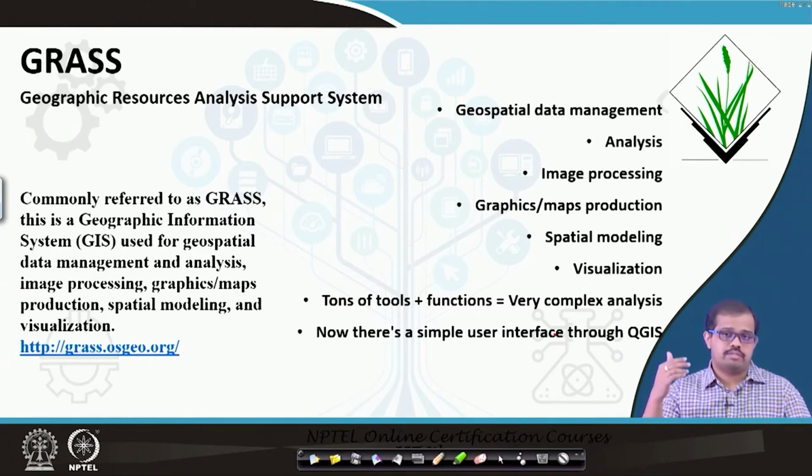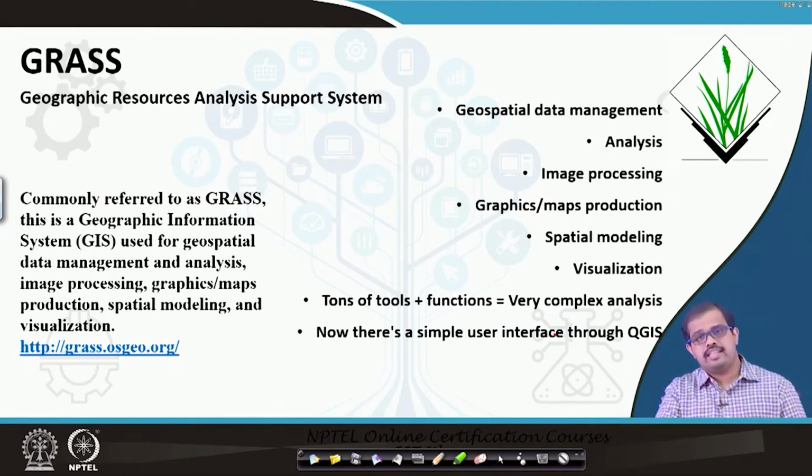with raster processing. Then you have geospatial data management, analysis, image processing, graphical maps, spatial modeling, visualization, any complex analysis, and most importantly a support for Python. So you can use its code and modify it the way you need and present your research output. Also, most importantly, QGIS is well known, so it has support with QGIS. From QGIS you can call GRASS and use it as one of the raster processing tools